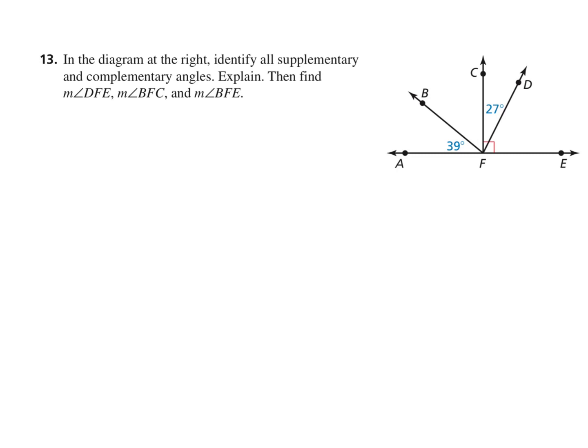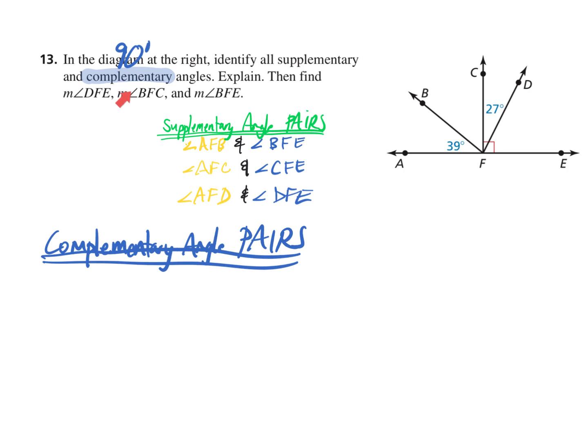All right, let's now turn our attention to the complementary angles. Well, complementary angles are two angles. Again, it's a pair of angles, and the two angles' measures add up to 90 degrees. So we can see one right away with this red box. These two angles together add up to 90 degrees. So the yellow and blue angle are complementary. Let's name them. Angle CFD